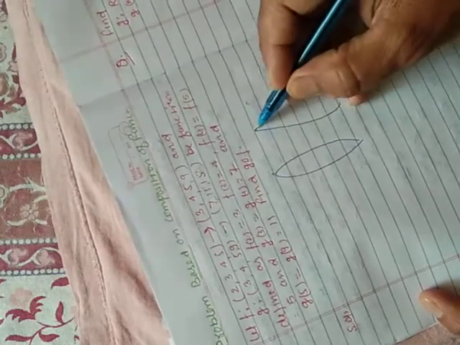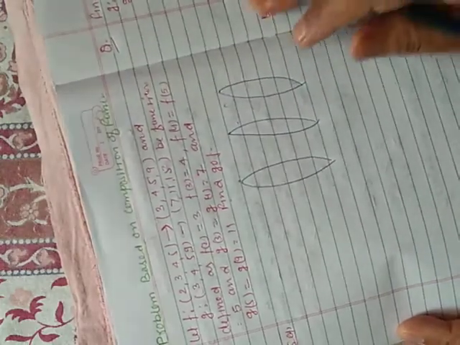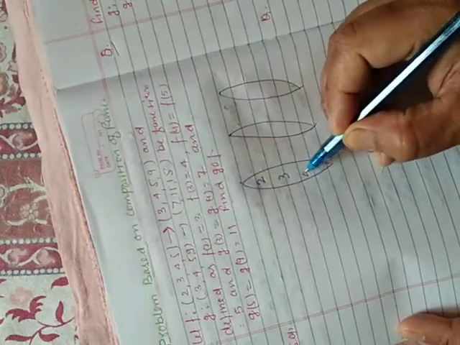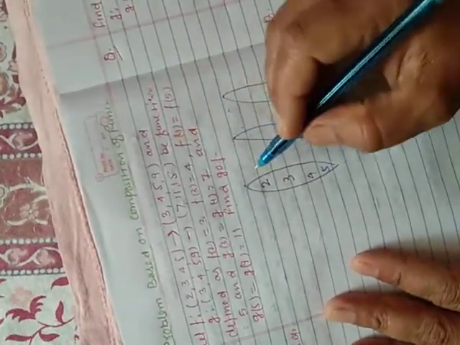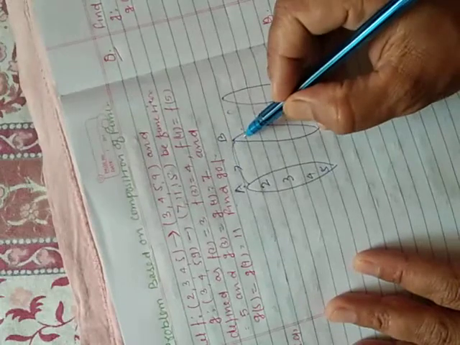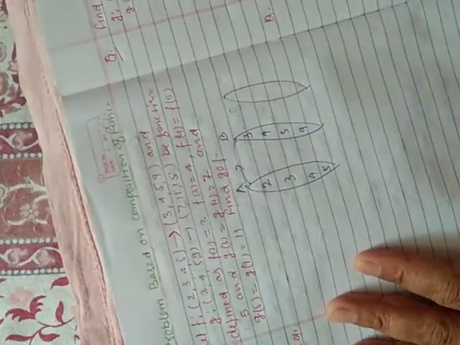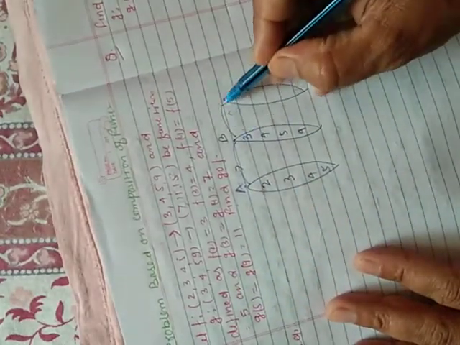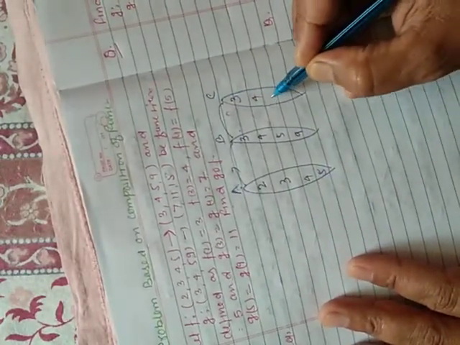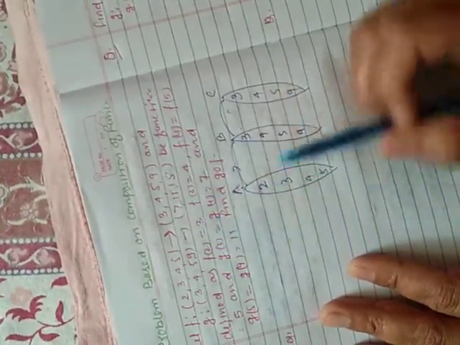So the mapping of these two functions we have now. What are the elements of set A? We have 2, 3, 4 and 5. The function is defined from set A to set B, and the elements of set B are 3, 4, 5, 9. Another function is defined from B to C, and the elements are 3, 4, 5 and 9. Clear?